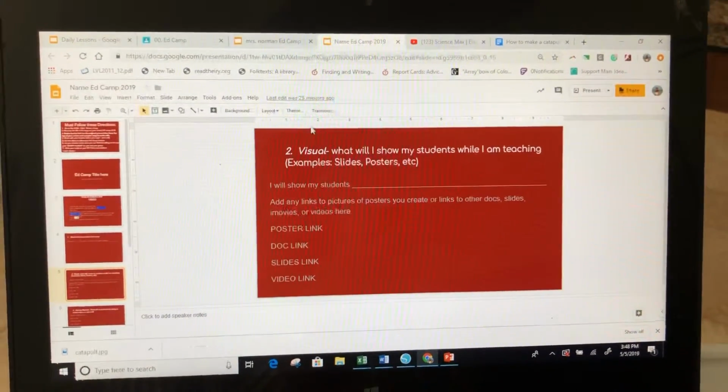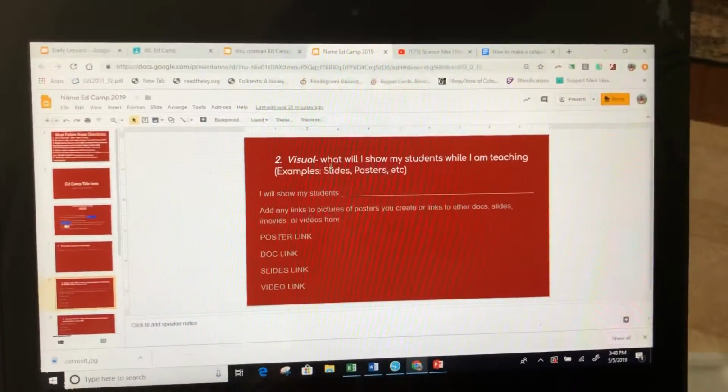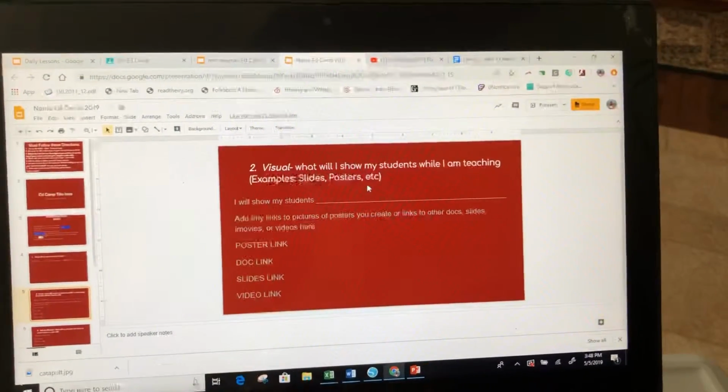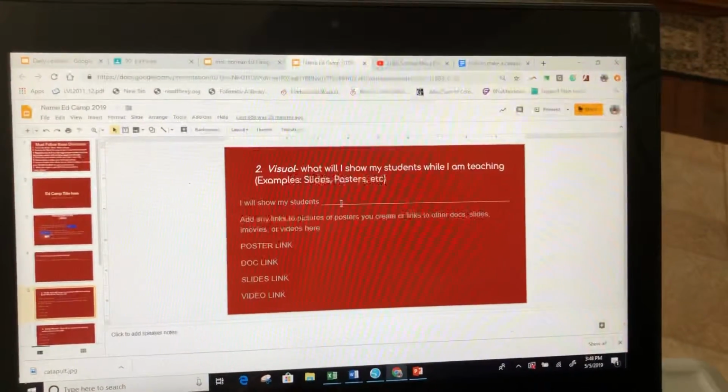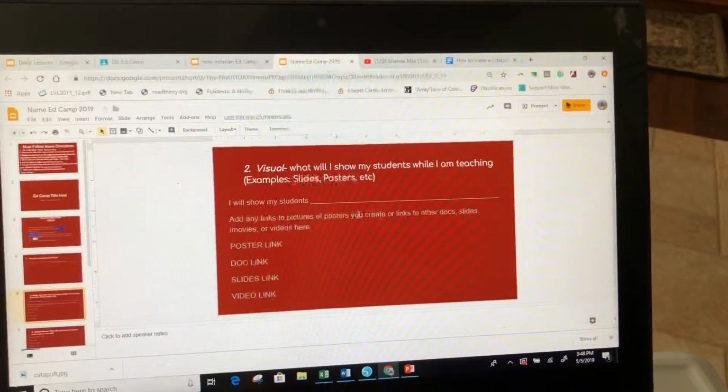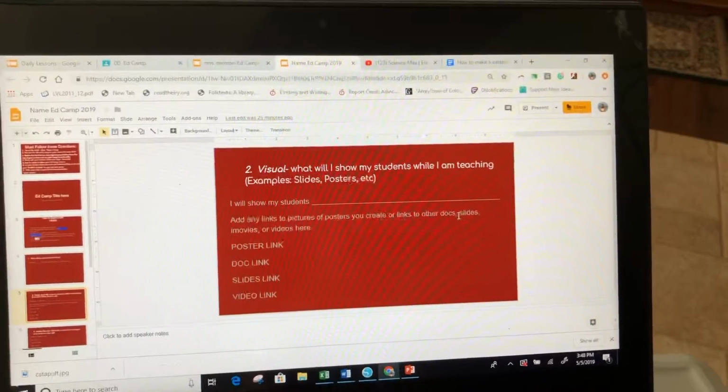All right, if you look at slide number 2, it says visual. What will I show my students while I'm teaching? Examples, slides, posters, etc. I will show my students. Here's a page where you can add any links to pictures of posters you create or links to other documents,